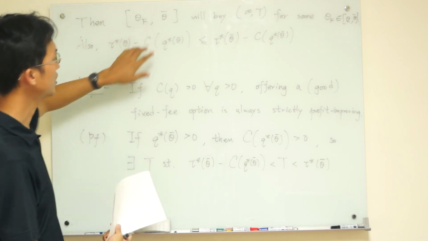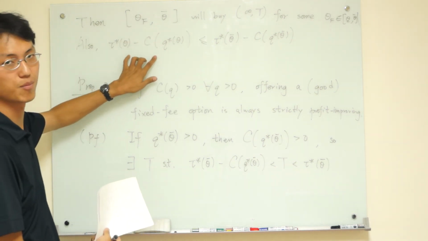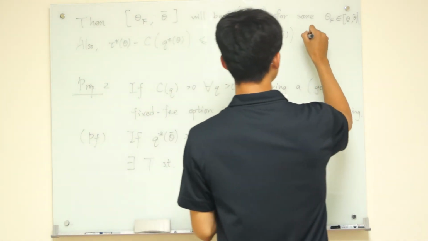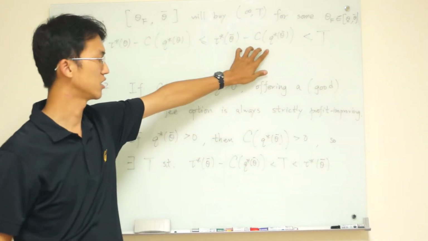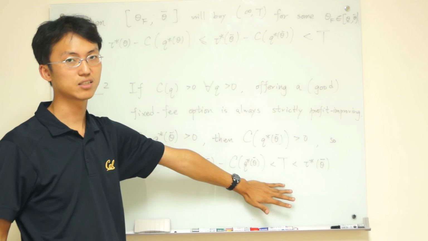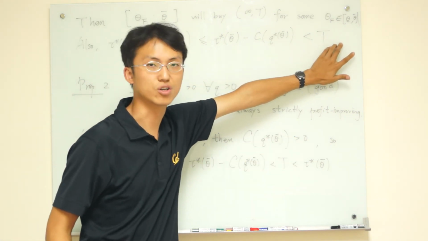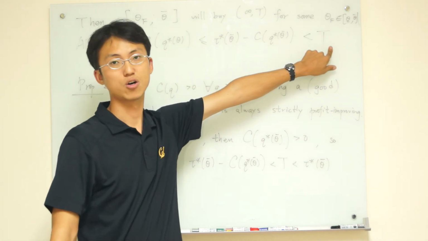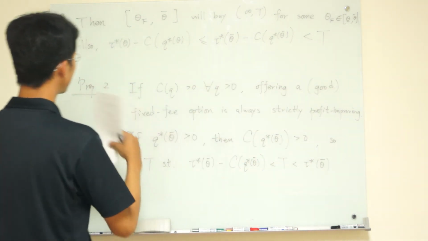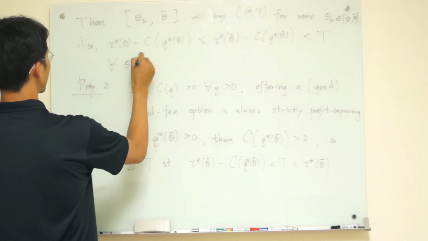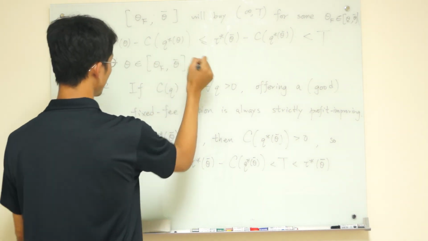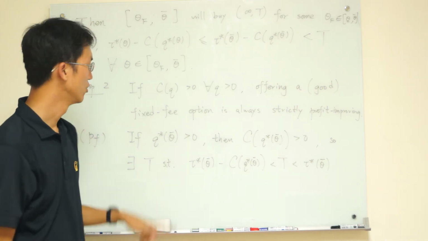So no matter what your type is, the amount I may earn is bounded above by this. And also, this is less than T, right? I can earn more by moving them to the all-you-can-eat plan. And this is true for all those guys that will switch. So I know when I do this,